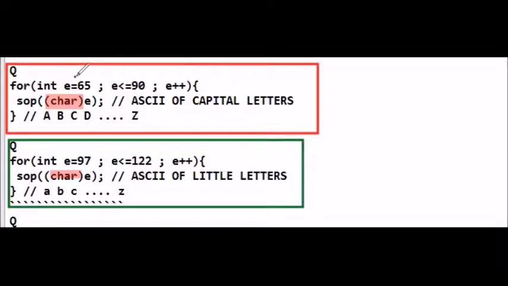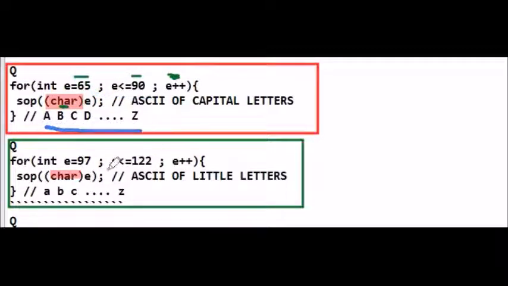My loop is starting from 65 and going till 90 and it is incrementing by 1. It means that here, what I have written is typecasting. Typecasting is the process of converting the value from one type to another. So over here I have a type of integer. When it converts this integer into char, because the values 65 to 90 will be from capital A